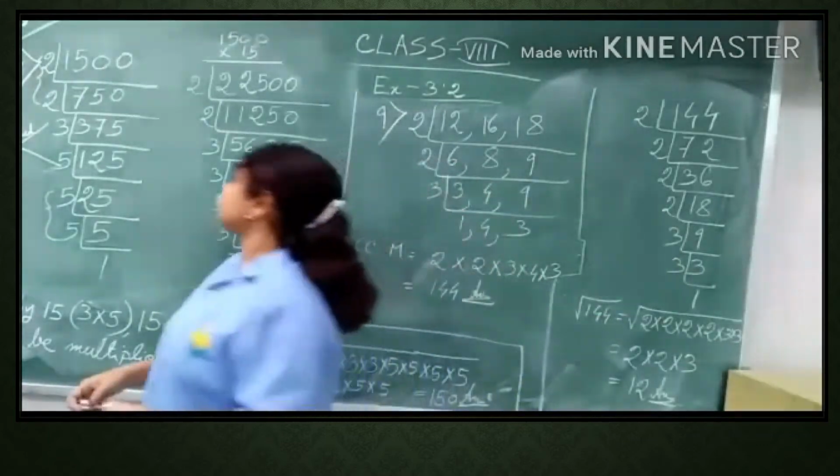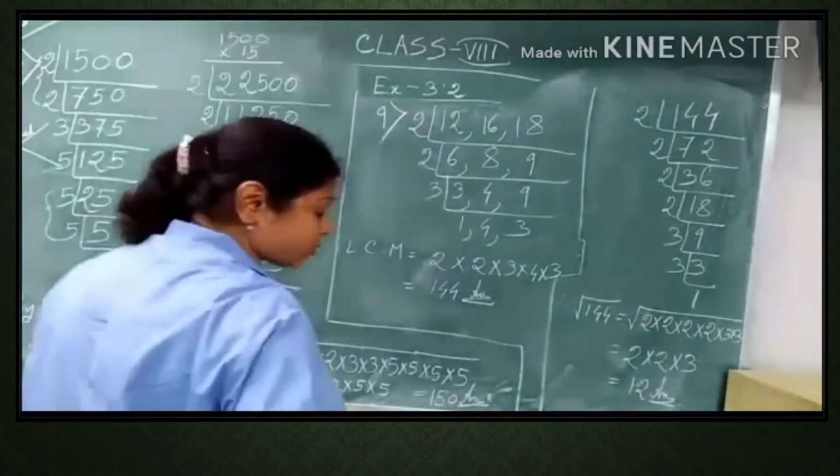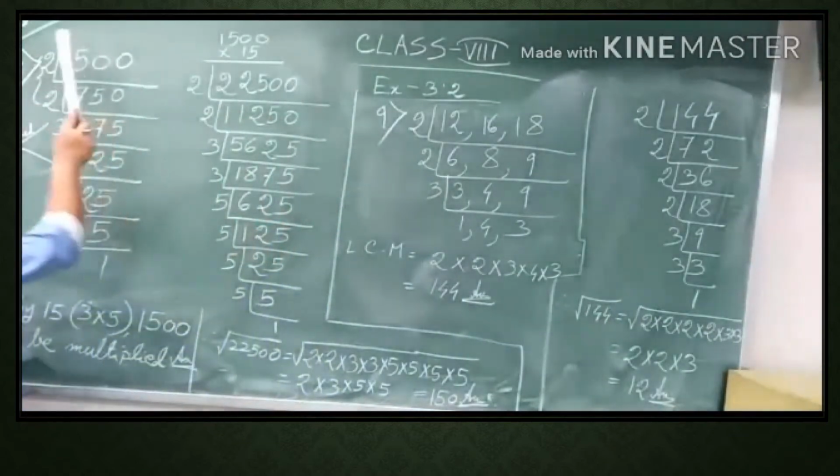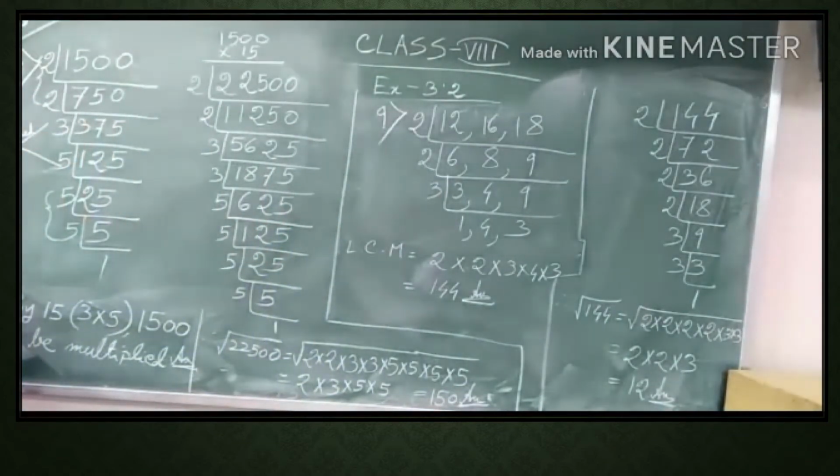So first one. First you have to do the prime factorization of 1500. That only I have done. Okay, you see this is not a perfect square number. That's why I have given this second bracket. This is paired number. This is also paired number. It's 2, 5. You can take 1, 5 for having square root. Here also you can have 1, 2 for having square root. But these 3 and this 5 are unpaired numbers. That's why I have mentioned over here.